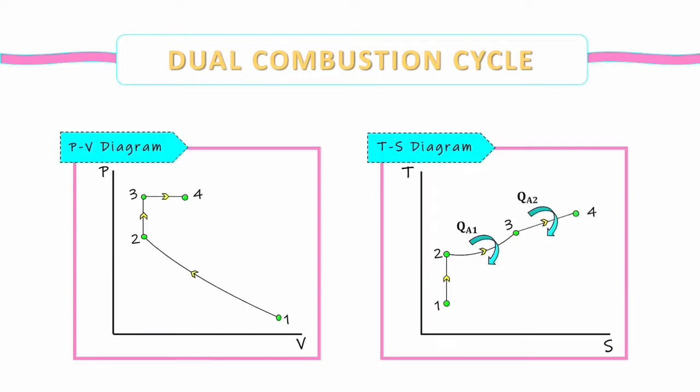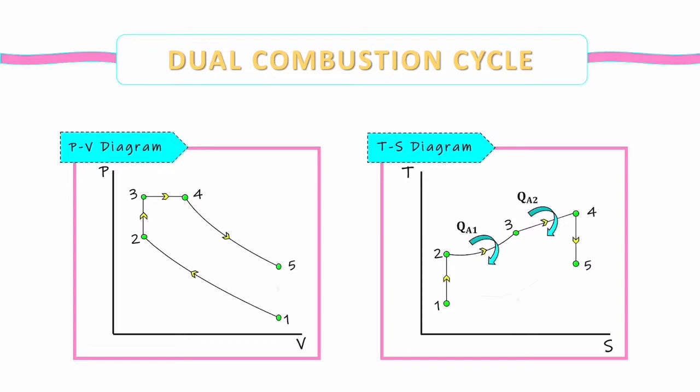Next is process 3 to 4, which is isobaric heat addition process. In this phase, there is a constant pressure heat transfer to the air from an external source while the piston is moving toward the volume at point 4. Next is process 4 to 5, or reversible adiabatic expansion process. In this process, the gas expands adiabatically from state 4 to state 5, as the piston moves from volume at point 3 to bottom dead center. The gas does work on the surroundings and loses an amount of internal energy equal to the work that leaves